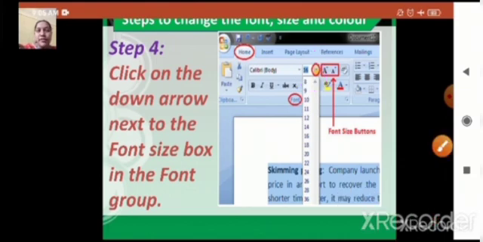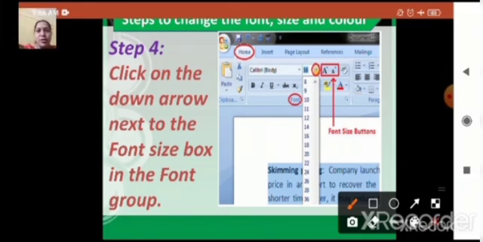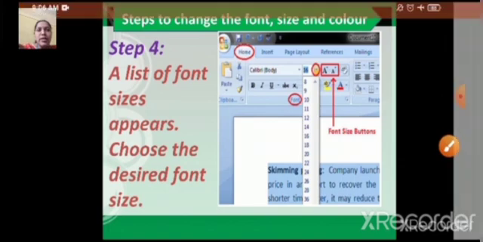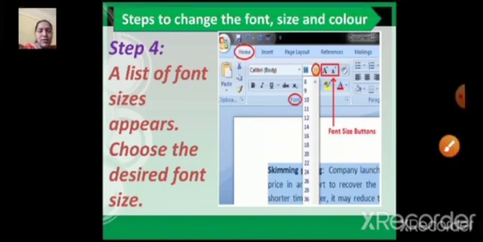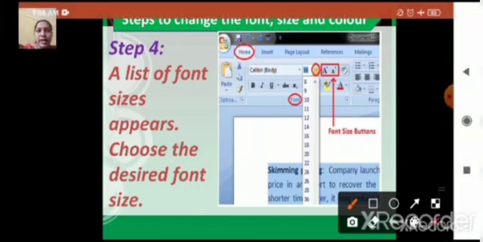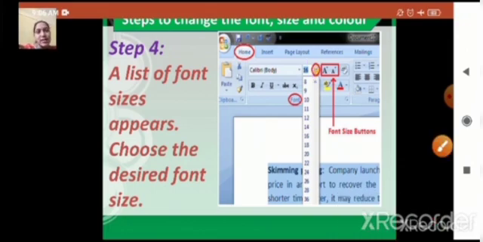You have to identify where it is available. Always remember that the formatting options are mostly available in the Home tab. So Home tab, font group, font size option. When you click on that you get a drop down list with the different font sizes, so you can choose the desired font size. Up to 72 you can see over there. If not, you can place your cursor there and type the font size you require for your text.